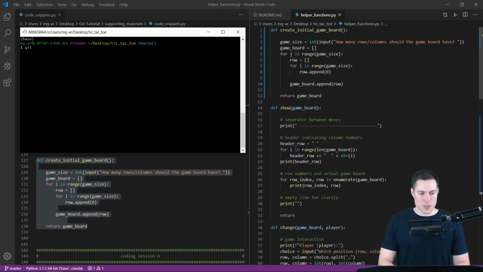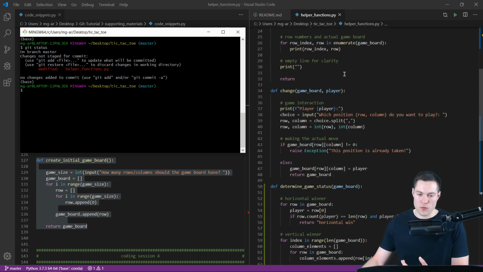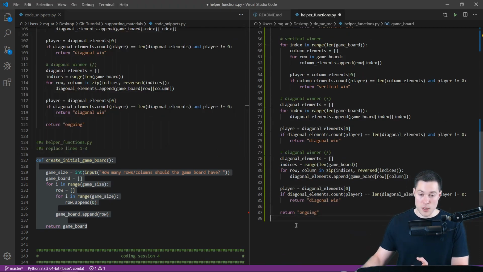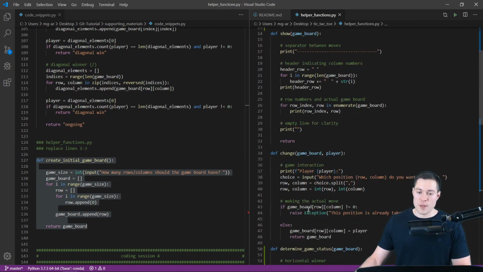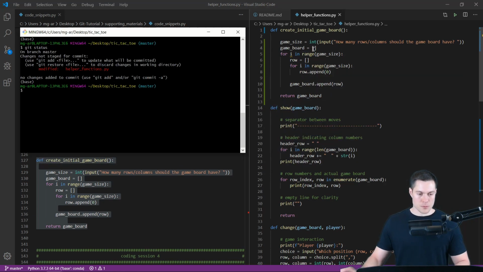But if we run the git status command again, then we can see that obviously only helper_functions.py is listed as modified in the working directory. So if you would now add this file to the staging area, then the next commit would contain both of these functions, and that's not what we want to do. So what we actually want is to be able to stage just a part of this file. Namely, first we just want to stage this create initial game board function,